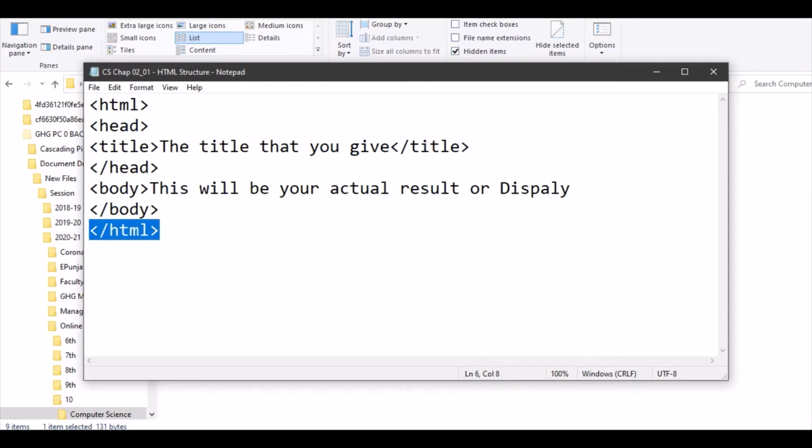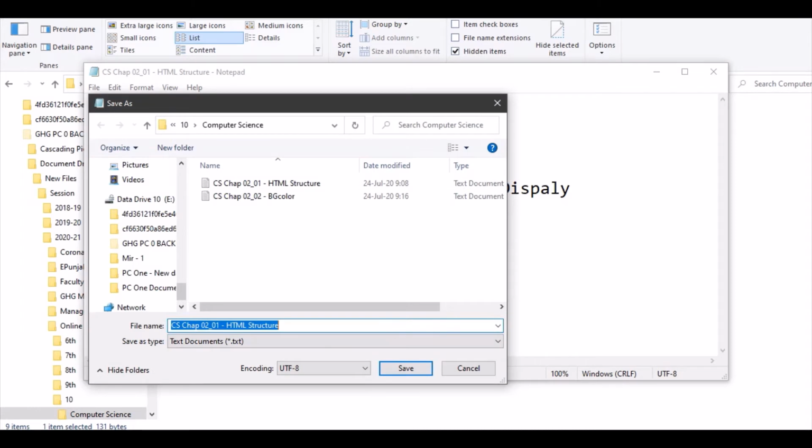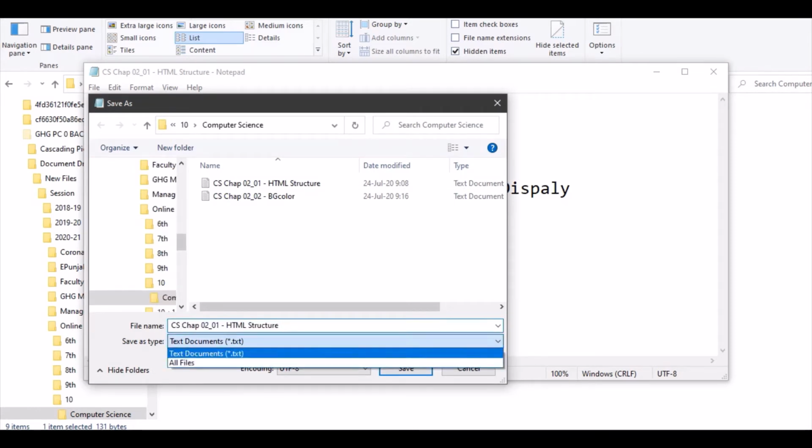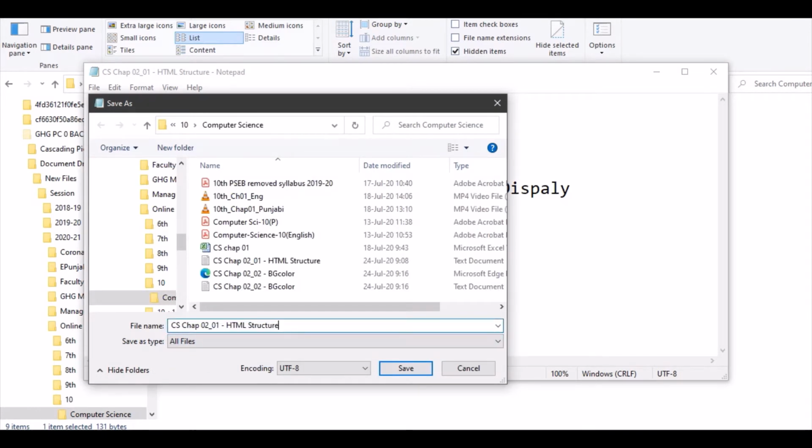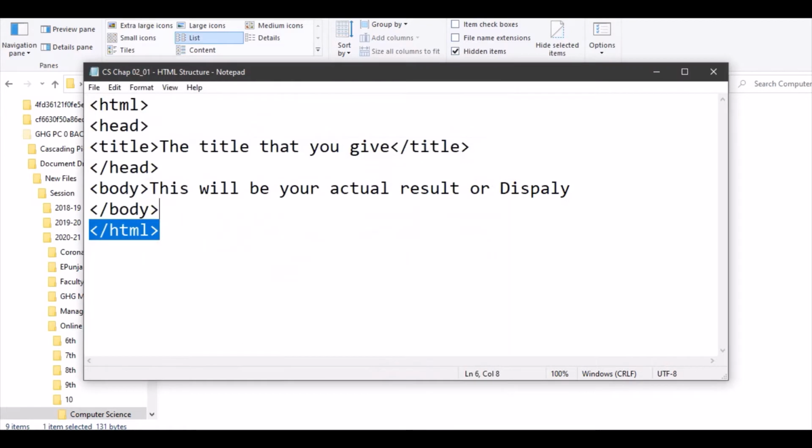Now once you've done this, you have to save this file as .html. Now once you have done this, this page is an official hypertext page.